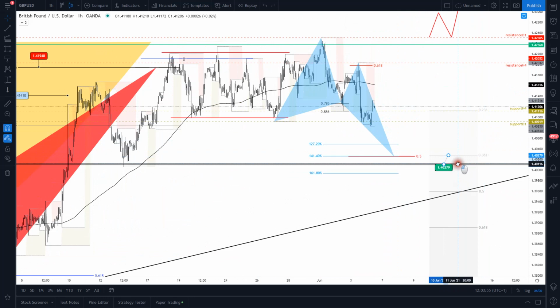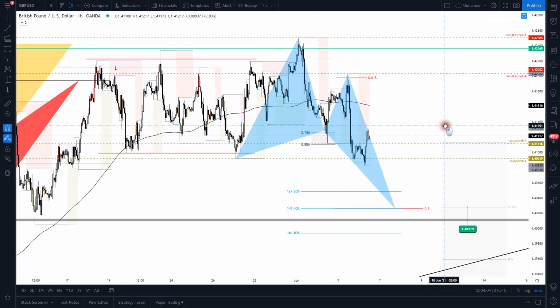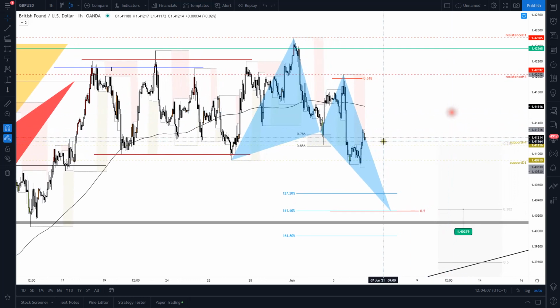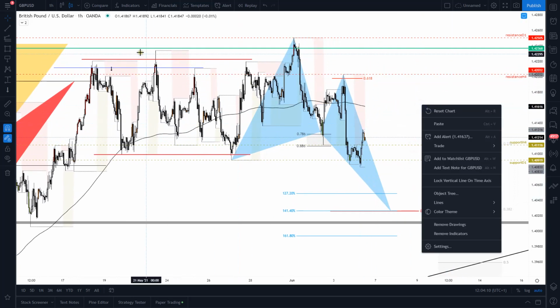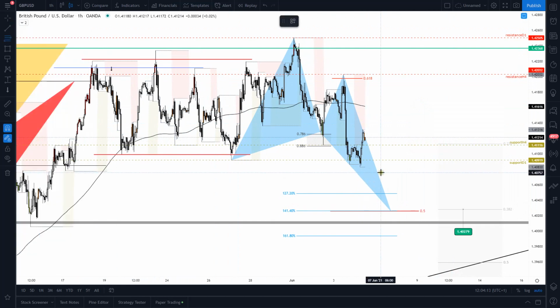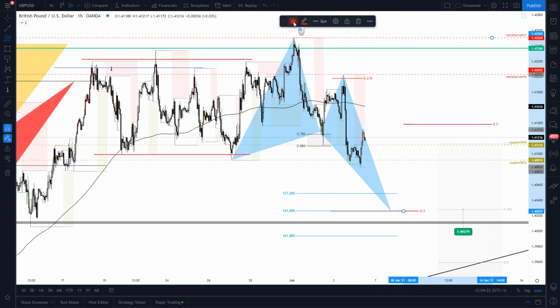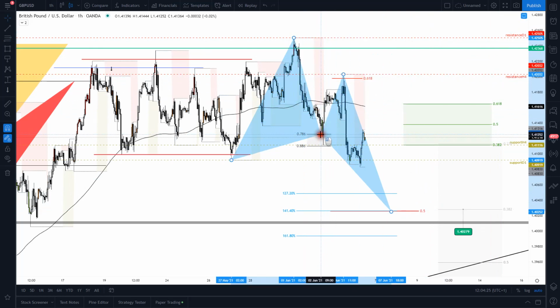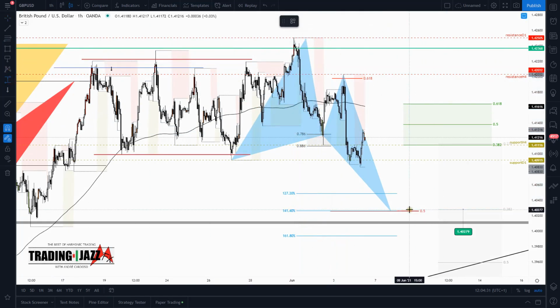to create kind of an order. Let's say we want to create an order to go long with the cable, and let's use this example, let's use this material. So by default, this is a crab pattern, or this is a butterfly pattern, I'm sorry. So by default, we will search for a bounce from this price zone, and we should target the 38% Fibonacci retracement level as our first target. So we have an entry point with the default targets, and as we can see,